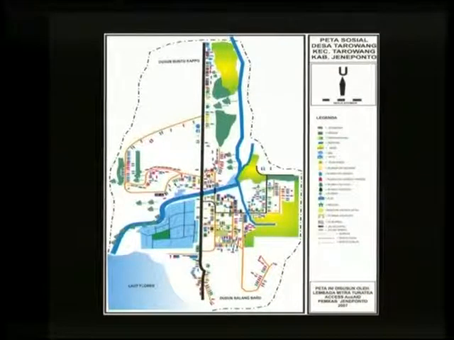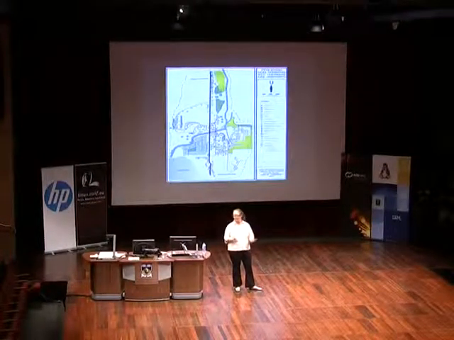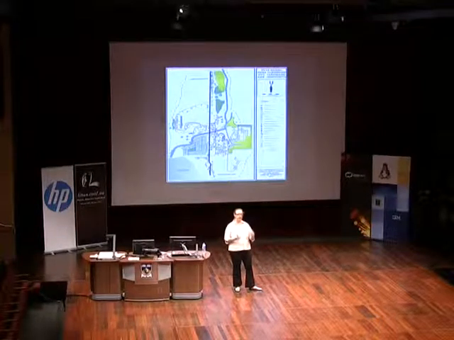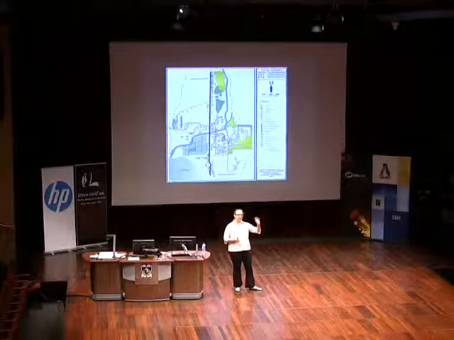Some of it was on paper, and some of it looked like the map behind me. This is a map that was done in CorelDRAW. So it's more of a picture than a map. You can't say, this is my latitude and longitude, where am I on this map? It's colored in, so it's not being driven by data, but this is what they were doing. And what they would do is they would work with the community and determine what it means to be poor, what it means to be rich, where are the schools, where are the public toilets, and that sort of thing, and then produce a map like this so the community could say, okay, all our poor people are over here, but none of our infrastructure and resources.